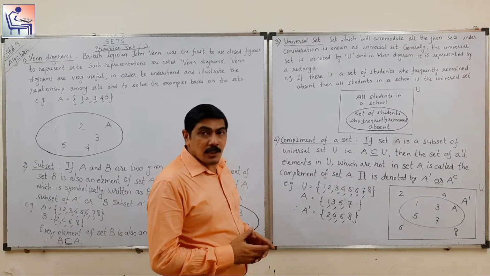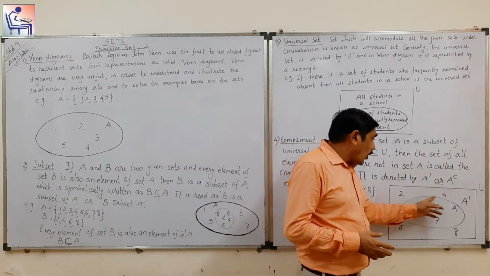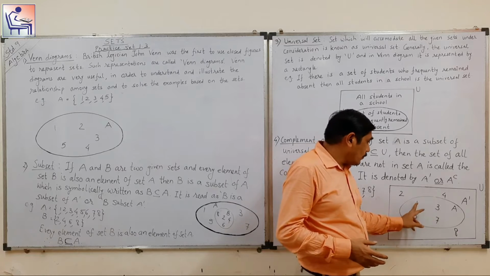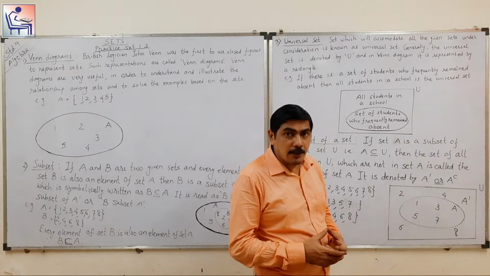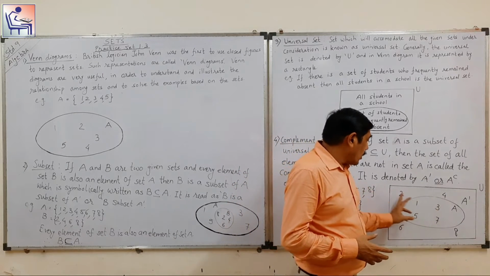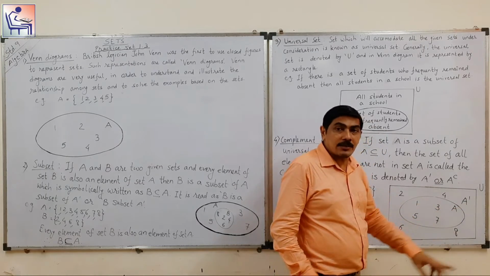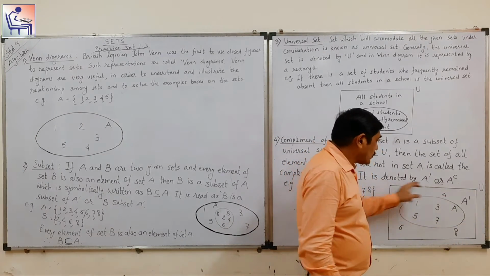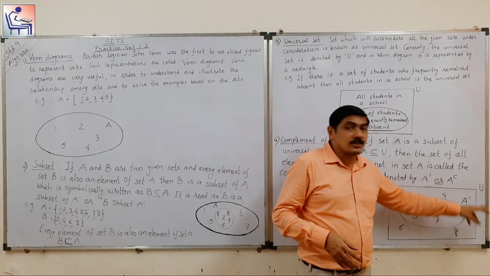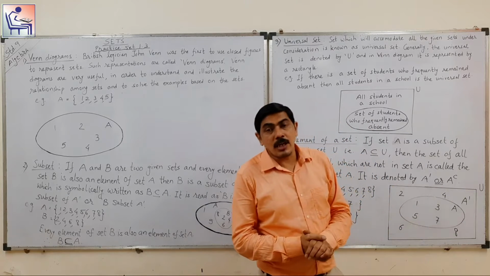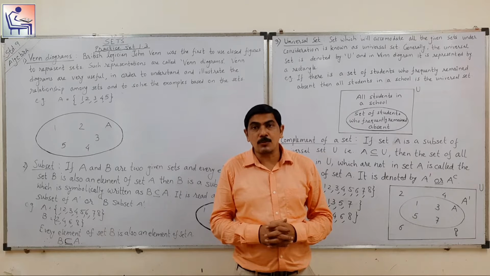Now the same thing we will learn in a Venn diagram. Here you can see all the elements of set A are written 1 3 5 7. So the elements which are not available in set A are 2 4 6 8, which are included in A complement, and overall, when all the elements are considered, it becomes a universal set. So here we have understood the overall concepts related to practice set 1.3.